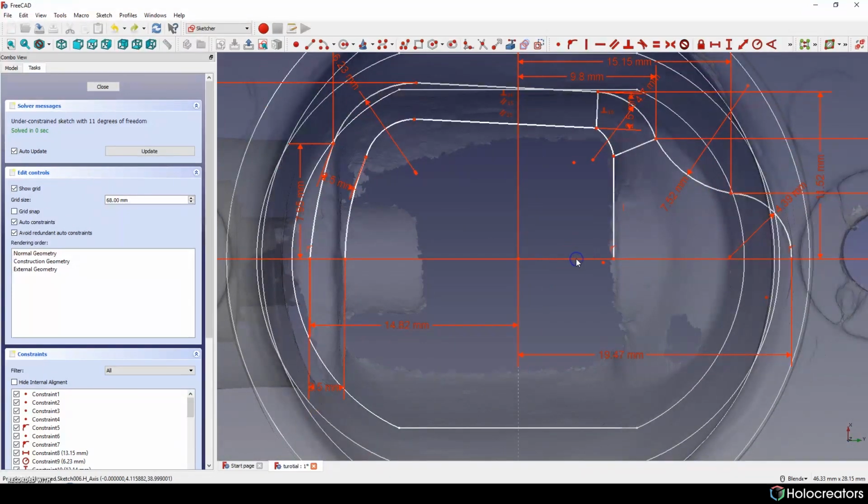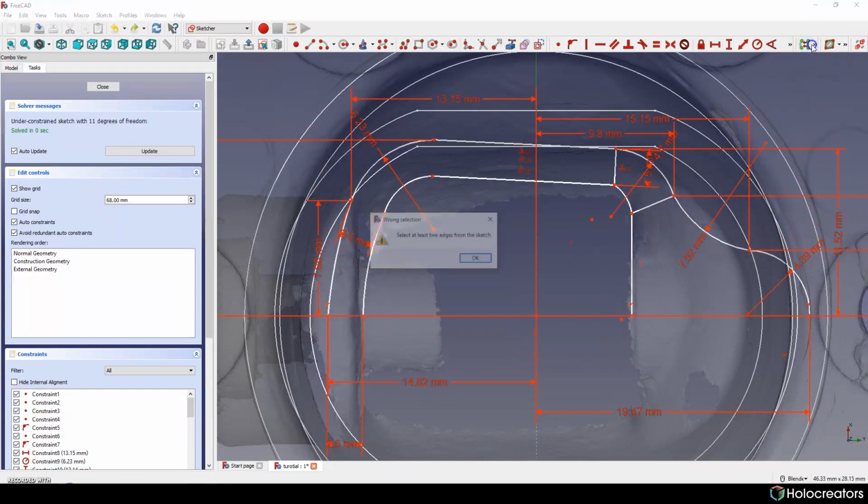Actually we need only this line. So let's try to do it again.